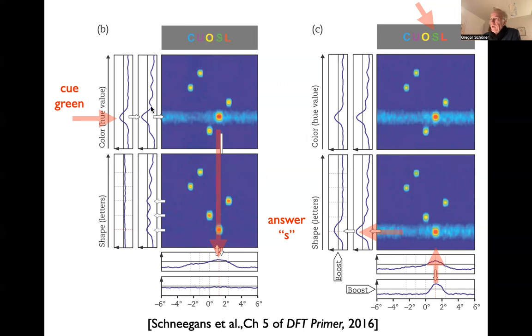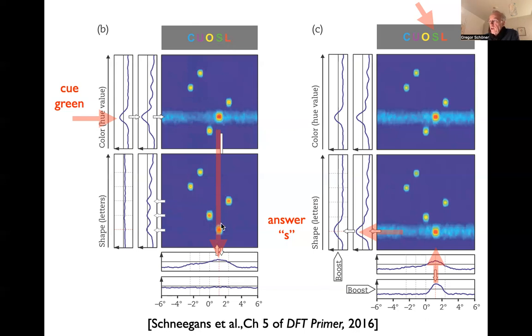Here these different entries are the entries from the stimulus array, so the different colors and the different shapes of these inputs. The way you would answer that question is that you would give the visual cue to green by putting a ridge into that. And so the only peak that overlaps with green would correspond to this spatial location,